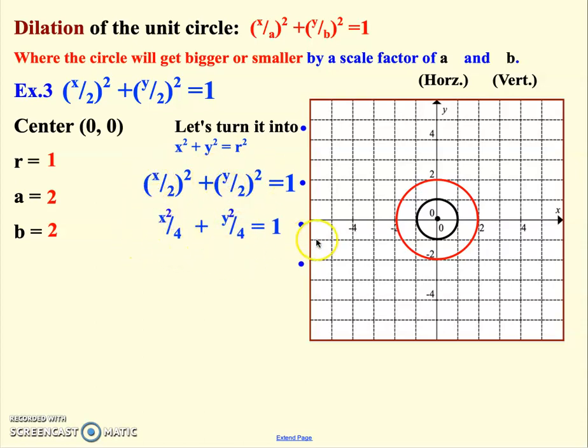And then what we're going to do is get rid of our fractions. The way you get rid of your fraction is multiply through by whatever your denominator is. So now we're going to go ahead and multiply through by that. When you multiply through, the 4's would cancel here, the 4's would cancel here, and I would have 1 times